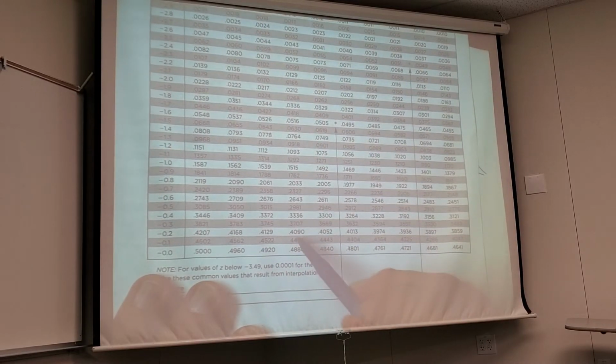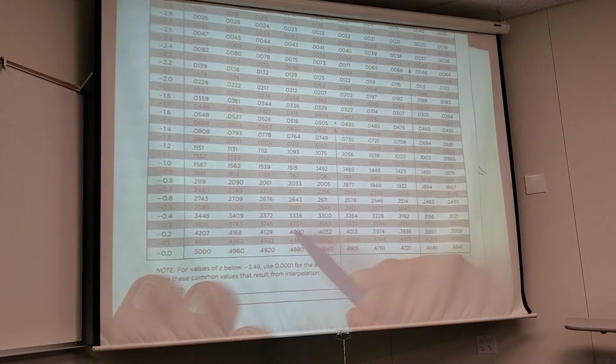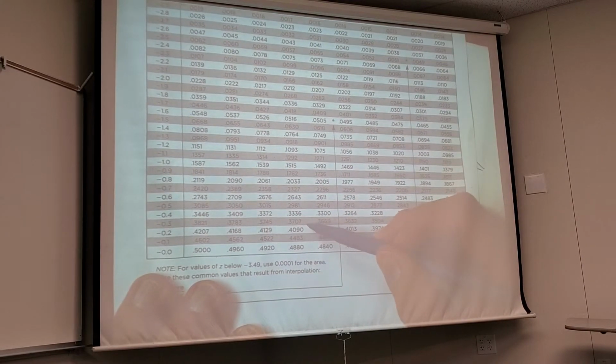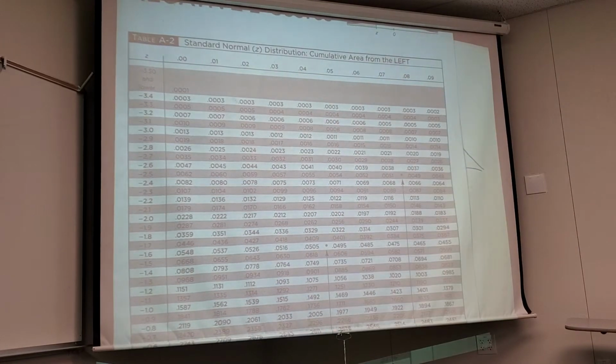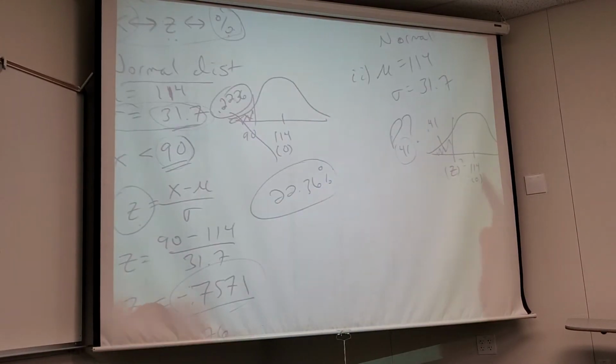Yeah, I see what you're saying. But 0.409, that's the closest. So that would be a z-score of negative 0.23, like you said. I like it. So this z,